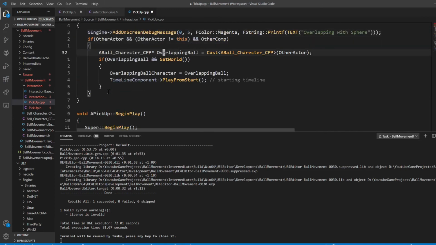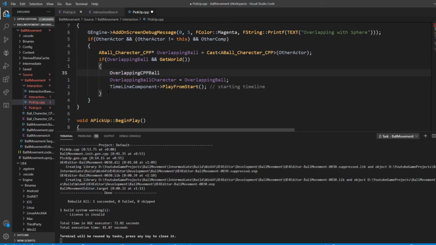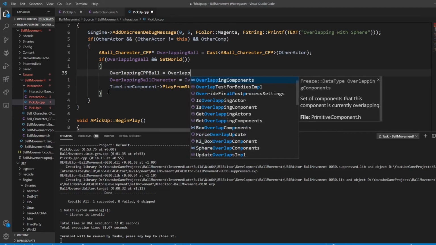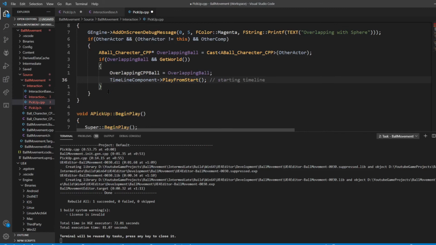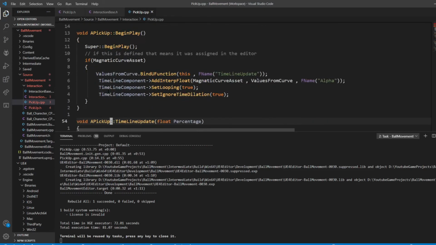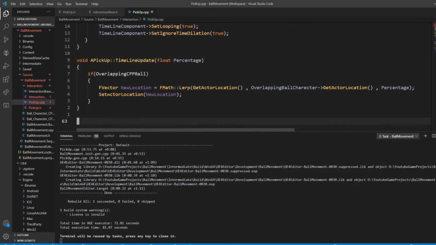And here, I'll paste that. And I'll say this is equal to overlapping ball. There we go. So now we properly have a reference for our ball, we probably have a reference to our ball location